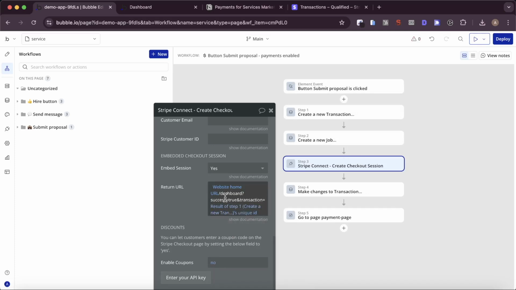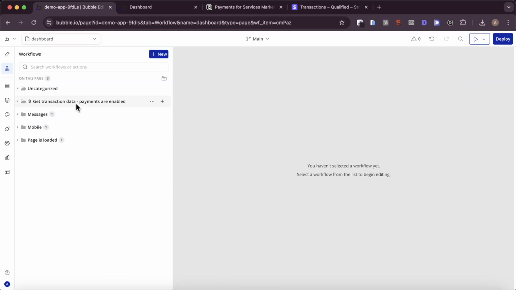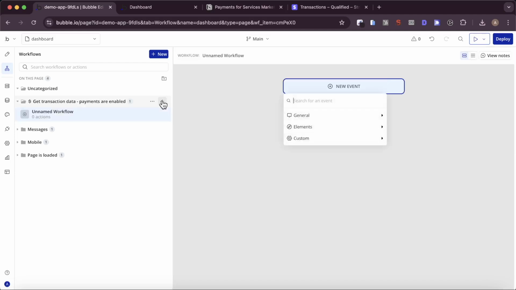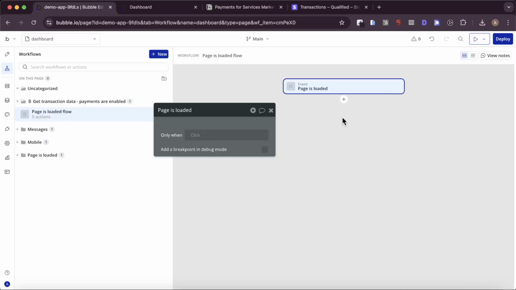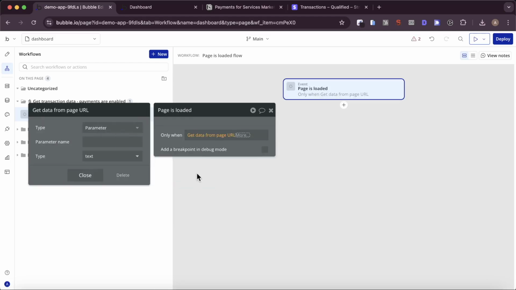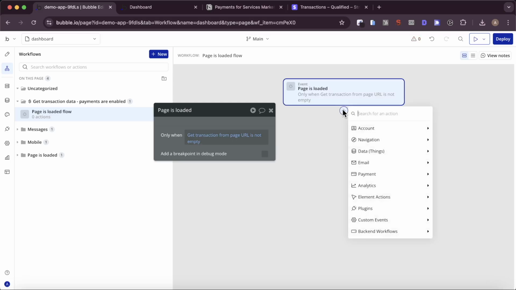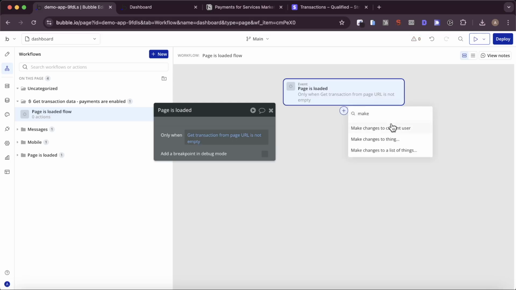So now when we get navigated to the home dashboard page, we're going to have two URL parameters, success equals true and transaction equals whatever the unique ID of the transaction is. And we can use that information to make a change to a transaction. So what we're going to do is say, when page is loaded, but only when get data from page URL transaction is not empty,